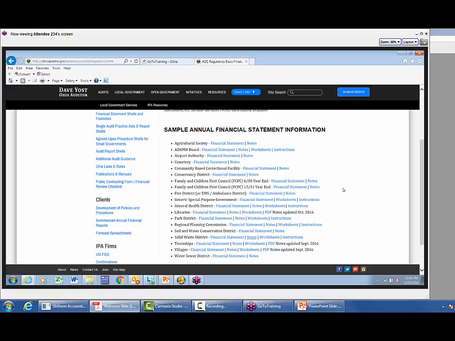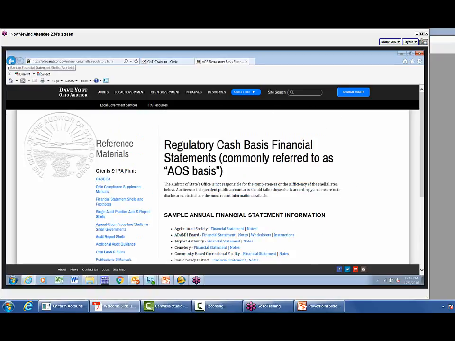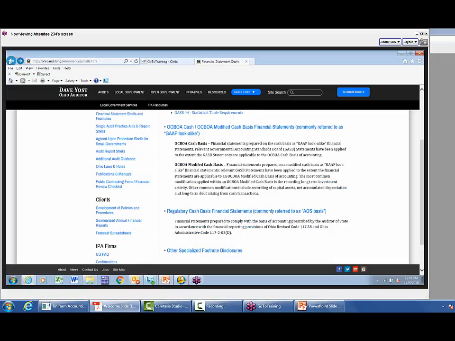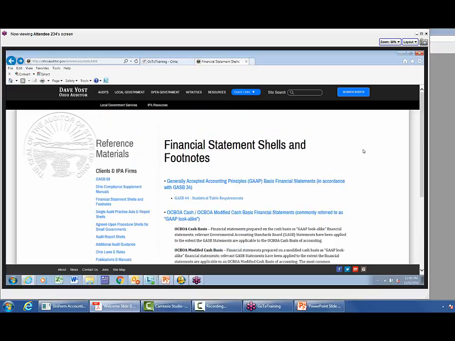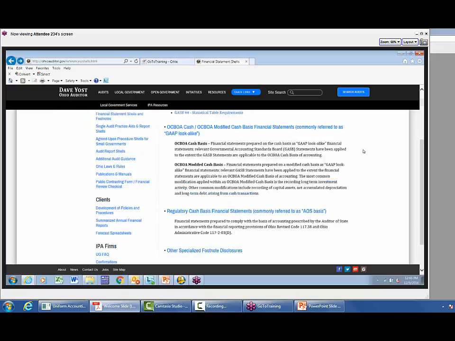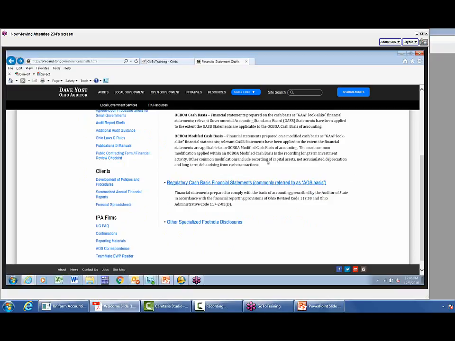So, the other thing I'm going to show you, we're going to back out one level here. It's in the same screen where the GAAP basis and the OCBOA basis and the regulatory basis financial statements are. There's another place called Other Specialized Footnote Disclosure. If you click on that,